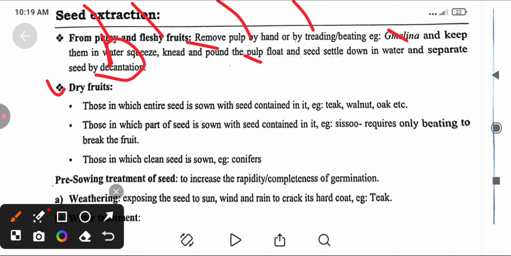Dry fruit, those in which either the seed is sown with the seed container in it, is it teak, walnut